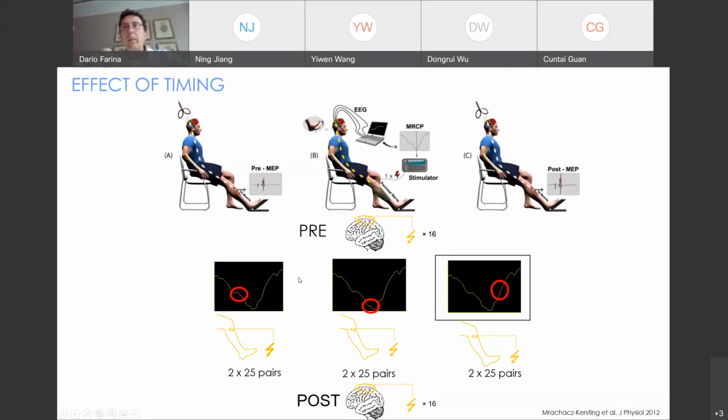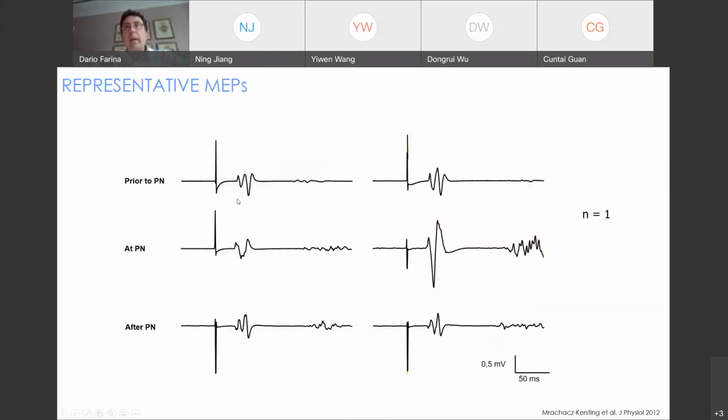The time in between the stimuli is just a few hundred milliseconds. So basically, we have one session in which we have the association between cortical activity and stimulus with this timing in between, and then another session, another day with this timing, and a third session with this timing. If we look at a single case result, this is the MEP indicating cortical excitability before and after the intervention.